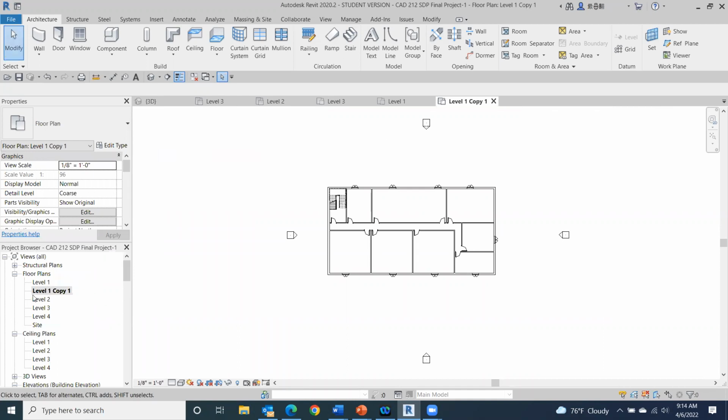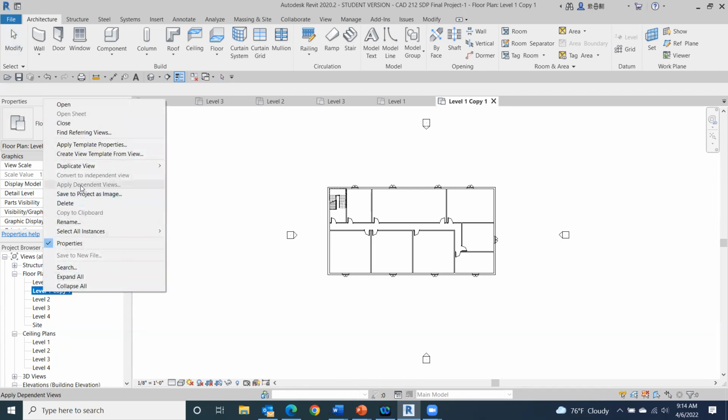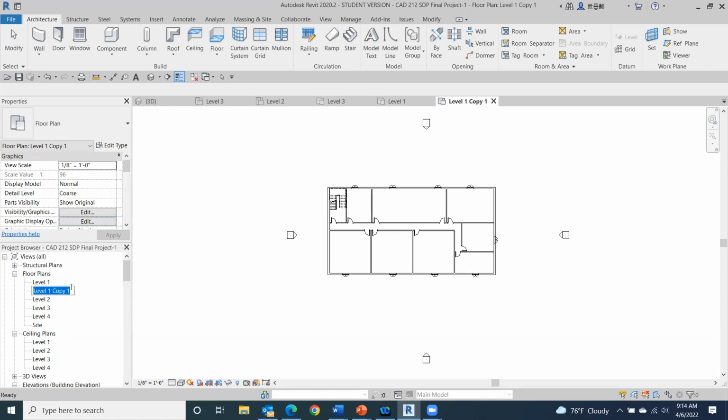And you'll notice that we'll create a new floor plan in my project browser. So here I'm going to rename this. Just right click and rename. And I'm going to call this level 1 interiors. Now I have basically 2 copies of the same thing. And what I'm going to do to tell the difference is I actually want level 1 interiors to have the furniture in it. So just to show you how that works, I'm going to go to components,